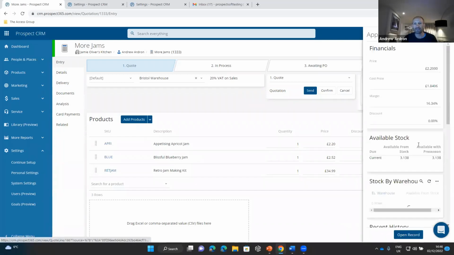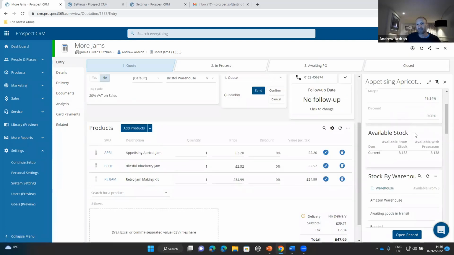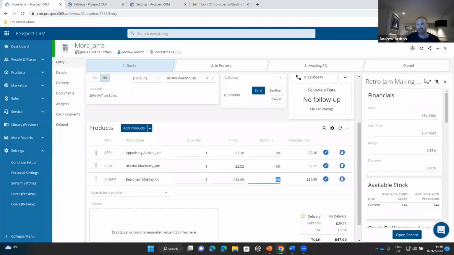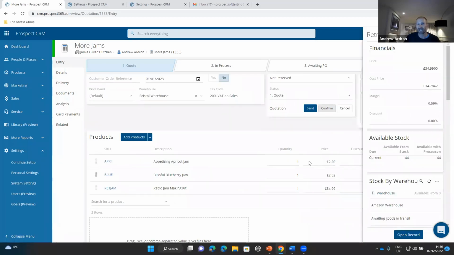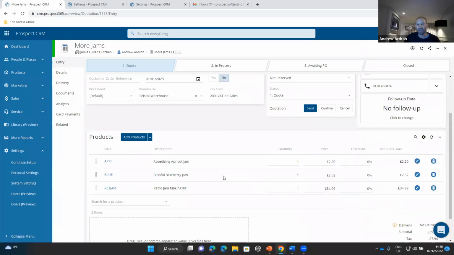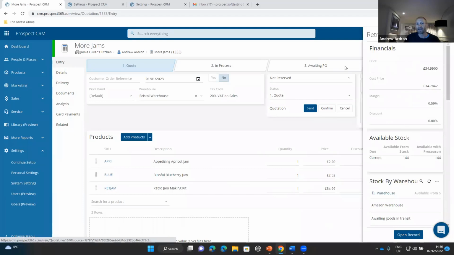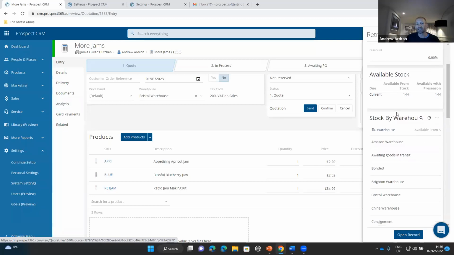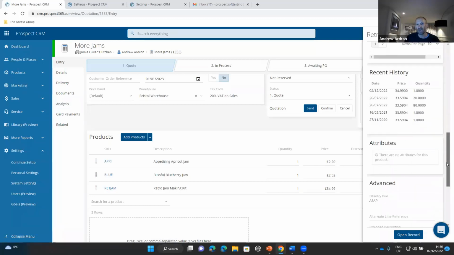So you've got a lot of information panel on the side, which I can pin if I want to, so that it's always showing. And then as I click around the rows, it'll be there, or I can leave it floating so that I just go to another row and click it again, and I get the information about the other row. And this shows you my price, my cost price, the margin again, how much is available in total, how much is available in each different warehouse,